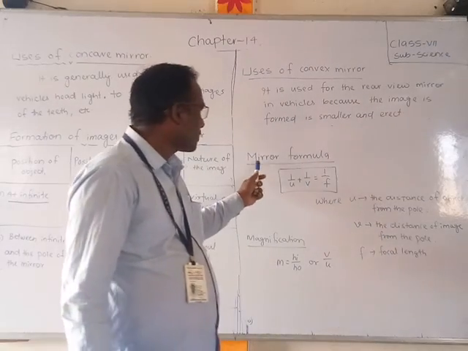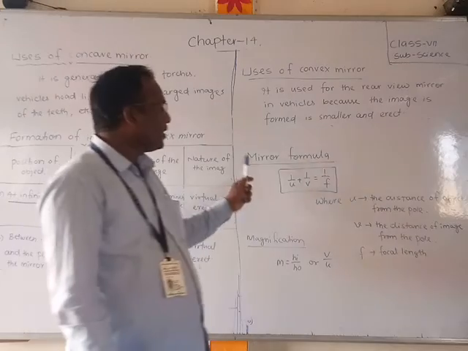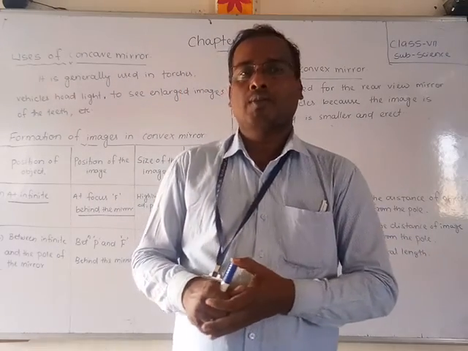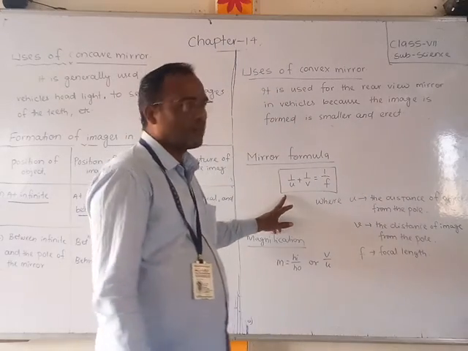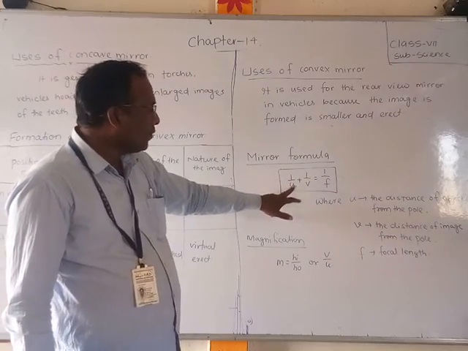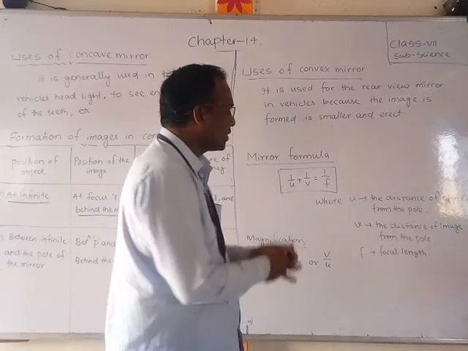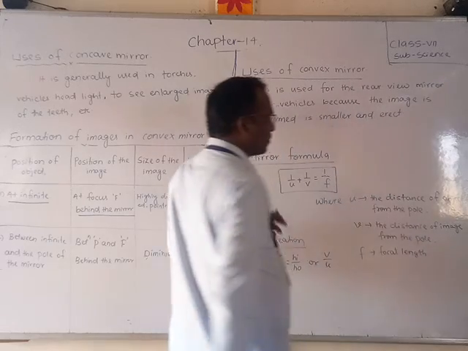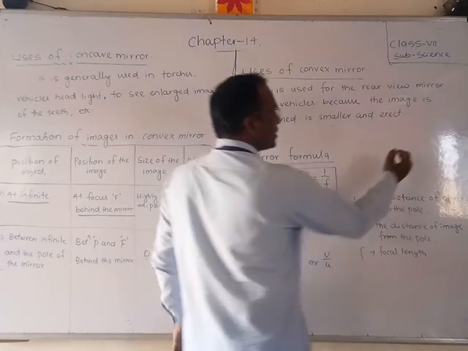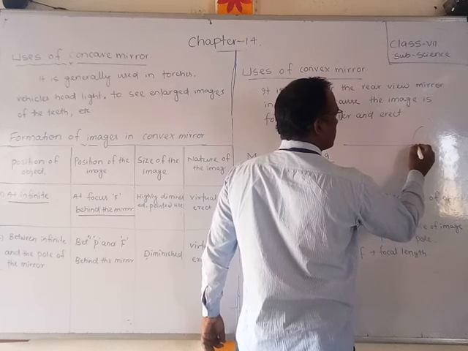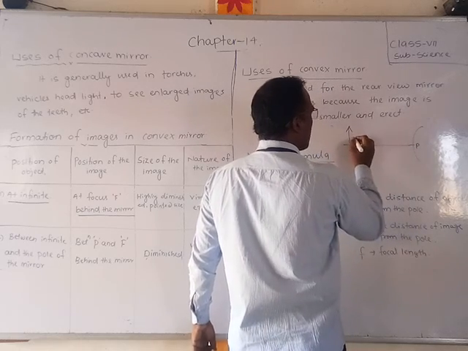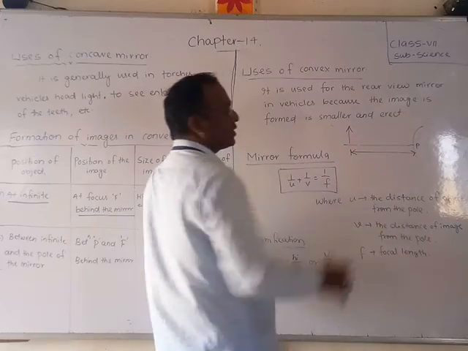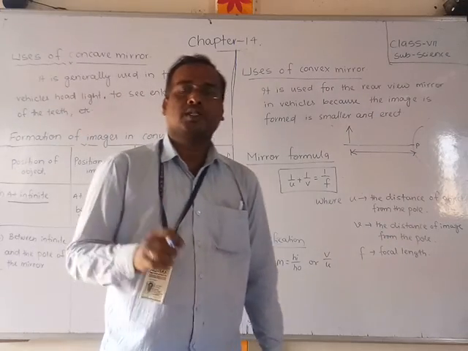Now we are going to discuss the first thing. In higher classes we will study the mirror formula. What is the mirror formula? 1 by V plus 1 by U is equal to 1 by F. This is a very important formula for higher classes, friends. What is U? U is the object distance, the distance of the object from the pole, meaning how much distance from P. Suppose the object is here, how much distance from here to here. This distance is called the object distance, and we represent it by U.